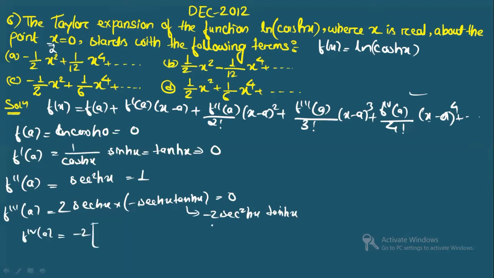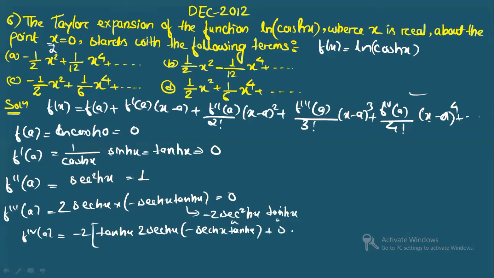So minus 2 is constant, right? This I'm making u, this I'm making v. First, I am keeping sech x constant; anyone, you can keep either constant, that's completely on you. So first I'm taking tanh x constant and differentiating this, so it gives me 2 sech x again, minus sech x, and I'm getting tanh x, right?